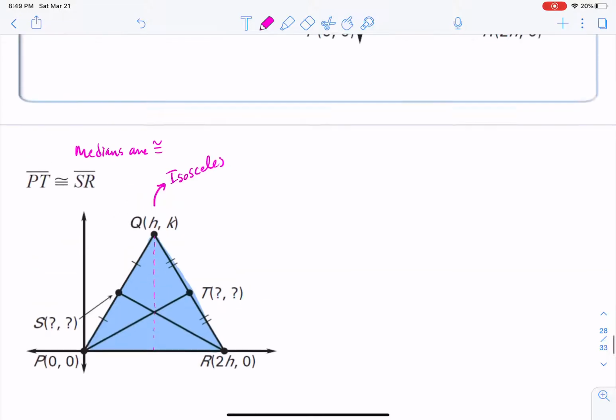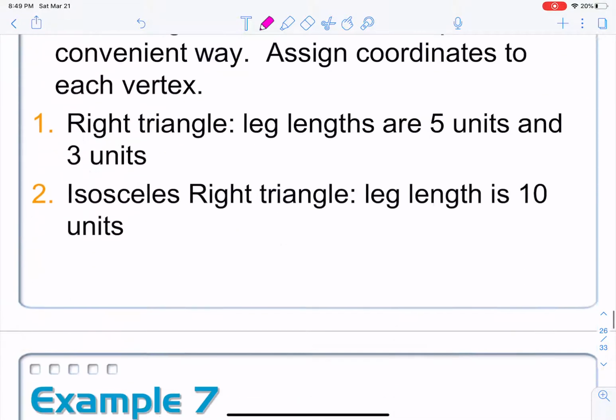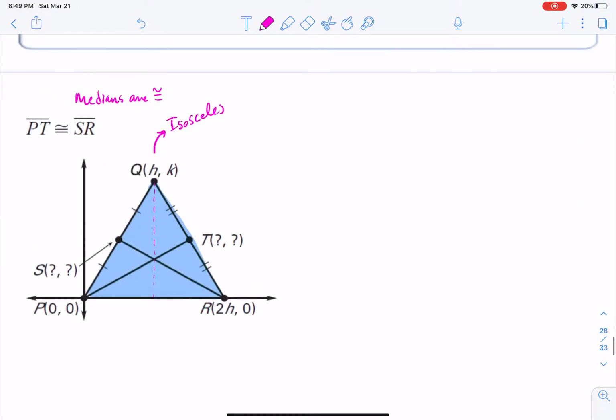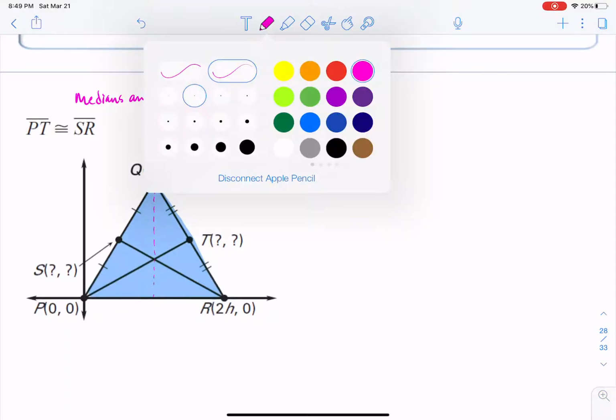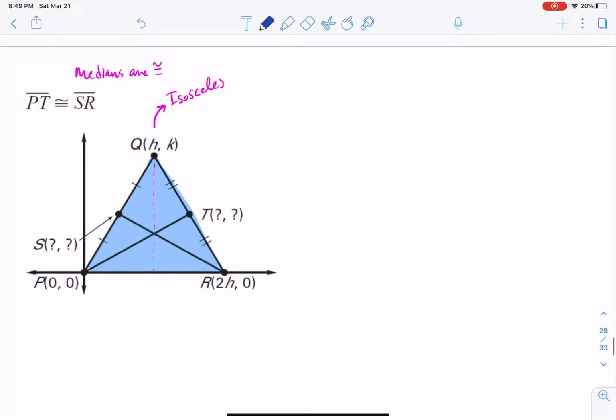All right, so this isosceles triangle is very similar to the one that I made right here, except that one on exercise 8 takes this B and makes it 2 of them, and then this one just makes it 1, so you don't have fractions in each one of your vertices, which is kind of handy. All right, so let's write ourselves a given statement and a prove statement. We just discussed that this thing is an isosceles triangle. So I am going to state this thing as an isosceles triangle. So we're going to say given isosceles triangle